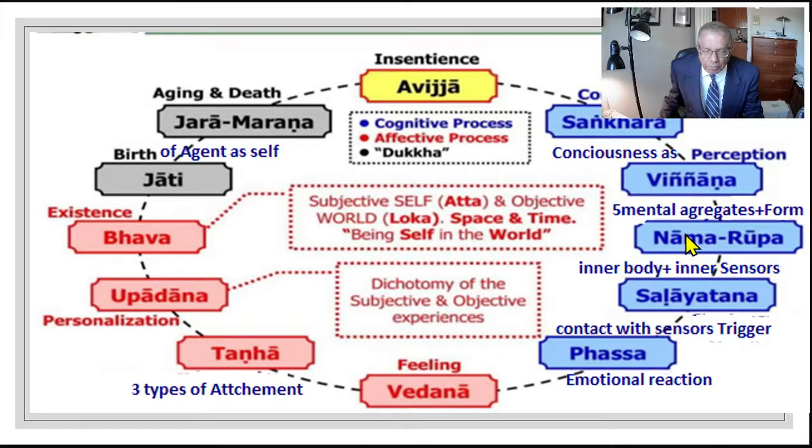This is not birth from the mother's womb. This is not somebody who is reborn from mothers and dying when the right time comes. Buddha says there is another person emerging here, connected only with the skandhas, the five aggregates, and the form. This is salayatana form, the inner body and the inner senses. When these two come together, Buddha says there is the jati.